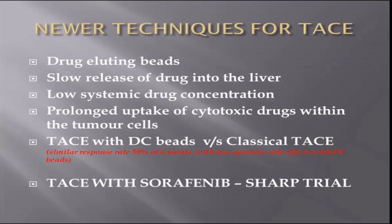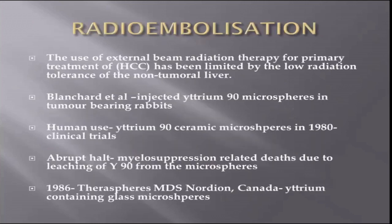A lot of the TACE is now combined with the newer multi-kinase inhibitors like sorafenib and the new drugs, which I think Mohan will elucidate. We are using these in combination, and we are getting pretty good responses with TACE combined with systemic chemotherapy. One practical point, for those who are doing it: if you're referring a patient for a chemoembolization or a radioembolization, please see that you don't start the systemic therapy before. That makes my procedure a little more difficult, because it causes spasm of the vessels, and we don't get a very good response. So we prefer doing a couple of sittings of chemoembolizations and then starting the oral chemotherapy drugs, which Mohan will